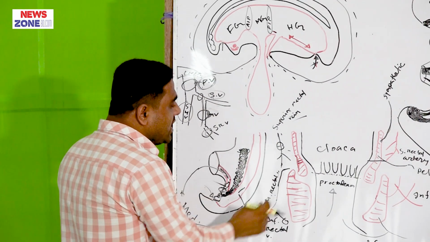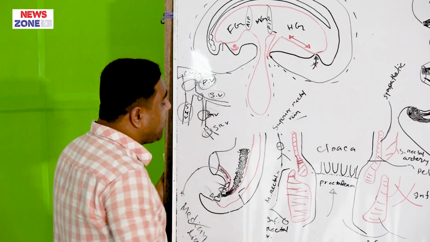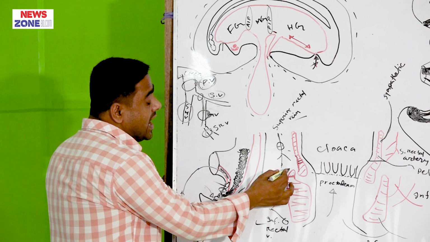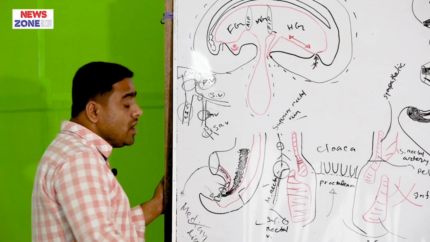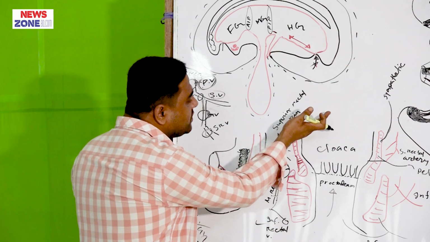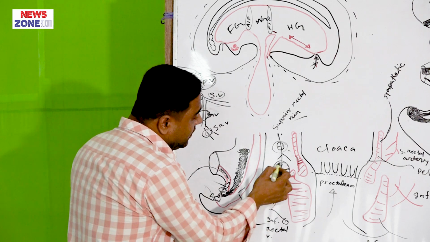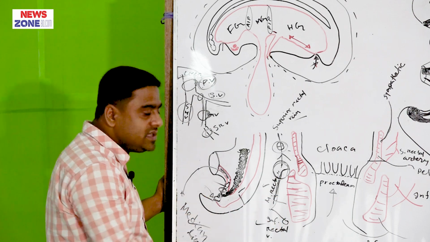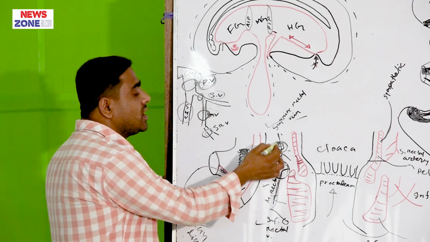So, this superior rectal vein drains blood from the upper 2/3 of the anal canal, and below that, the blood drains into the middle rectal vein and the inferior rectal vein. This middle rectal vein anastomoses with the superior rectal vein. If a tumor or any other inflammation occurs in the upper 2/3 of the anal canal, then the superior rectal vein will be engorged. If the middle rectal vein is engorged and dilated, it is called external piles, and if the superior rectal vein is engorged and dilated, it is called internal piles.